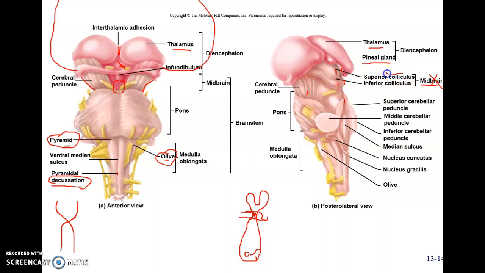So this superior colliculus is responsible for visual reflexes. So if you hear a loud noise and your eyes turn towards it, that's your superior colliculus doing its job. Okay? Inferior colliculus, so these are auditory reflexes. For example, well,